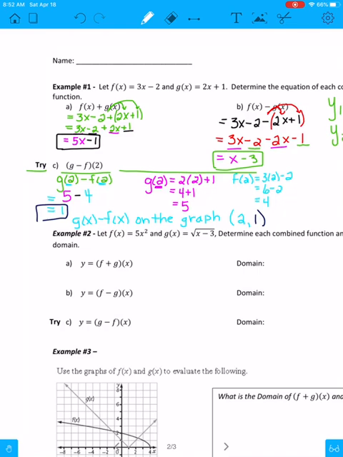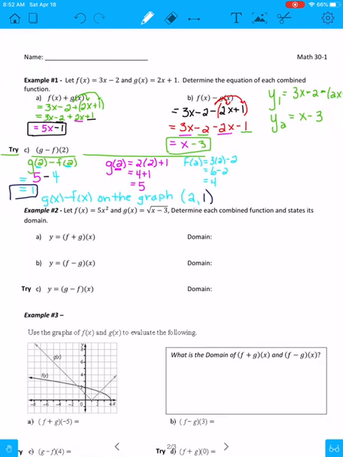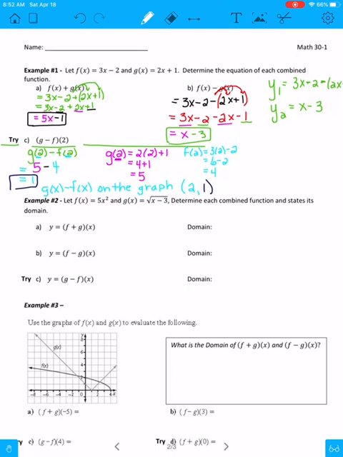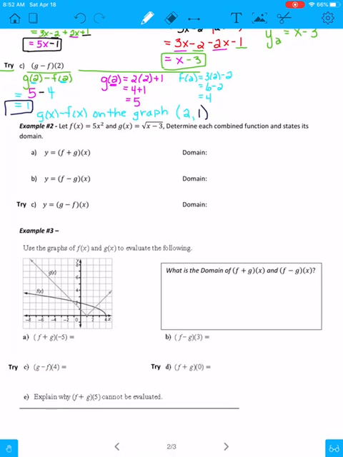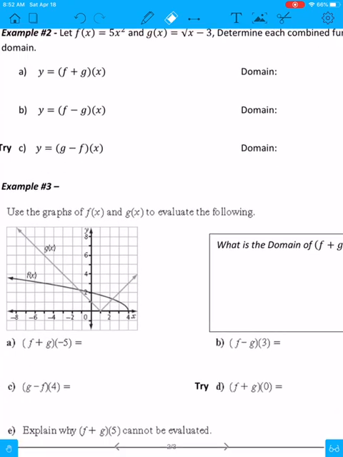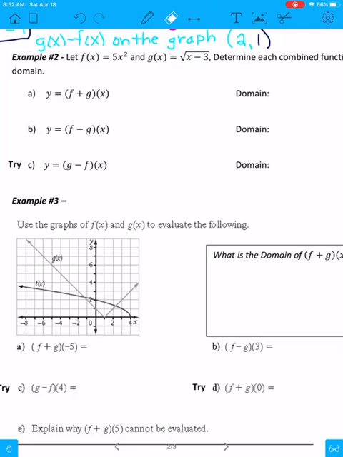Or example 2, it says let f of x equal 5x squared and g of x equal the square root of x minus 3. So it's from radicals from the last unit we were doing. Determine each combined function and state its domain. So we want, oh my goodness, I keep doing that. It's when I go to make my screen bigger, I accidentally draw. Sorry. Okay, so